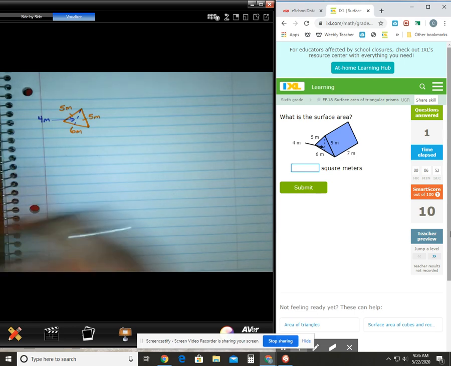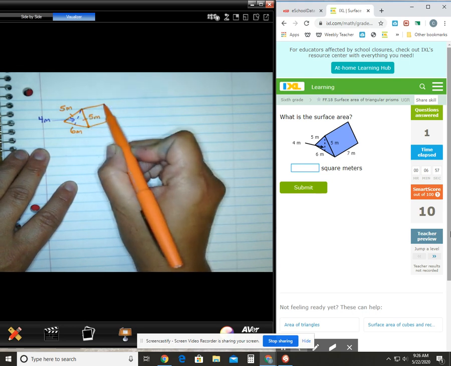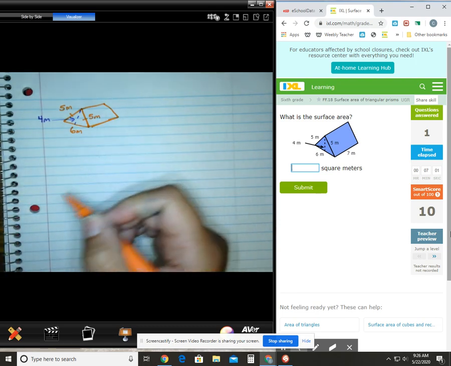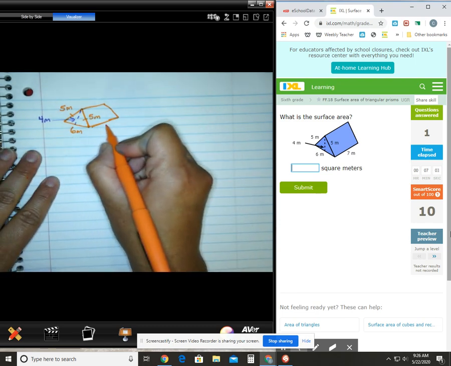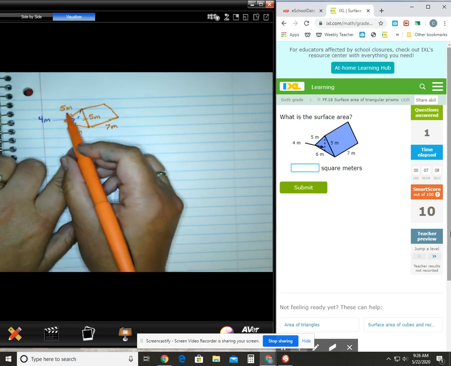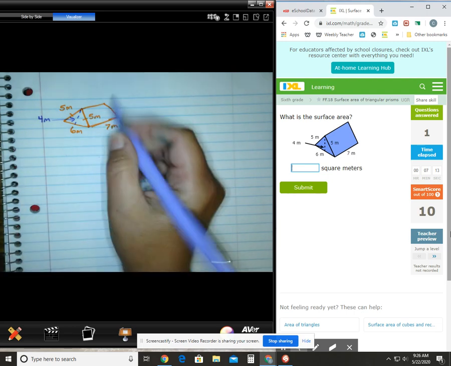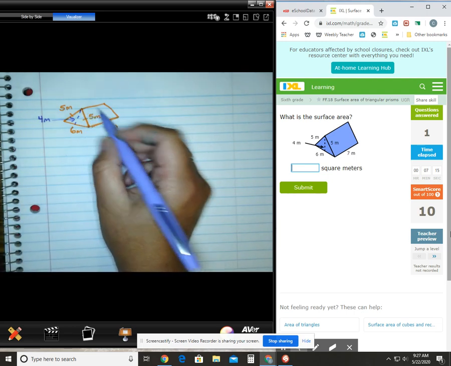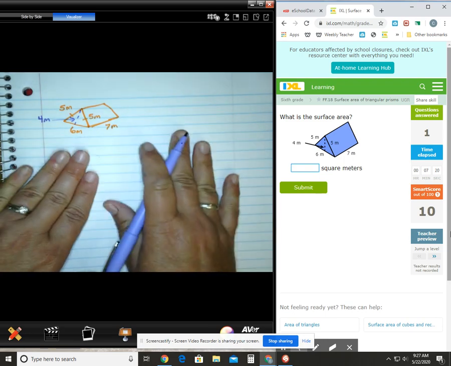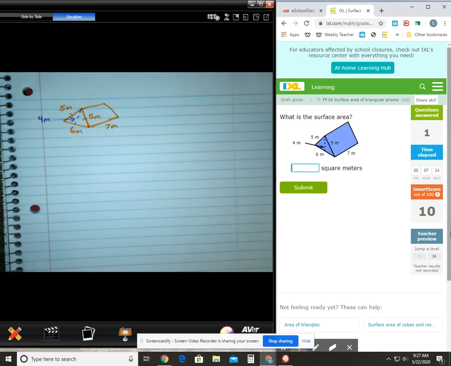So when I go to finish out my picture, I know that I'm going to draw a rectangle off of here, right? Or kind of trying to make it look three-dimensional, but it is supposed to be a rectangle. And this side over here is 7 meters, okay? So I look at my triangle. It has two sides that are the same, so it tells me two rectangles will be the same, and the last one will be different. Again, I have my paper, my pen, and my calculator, and I'm not trying to do it in my head,